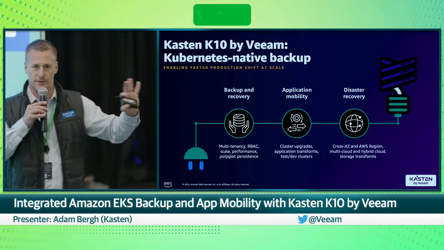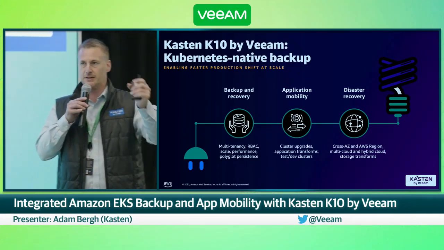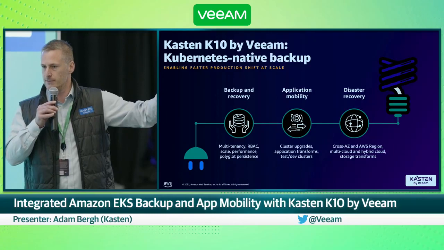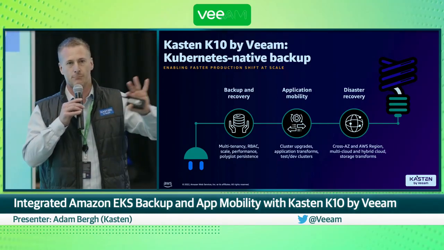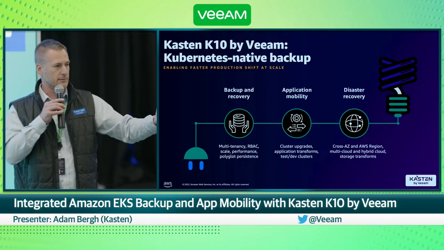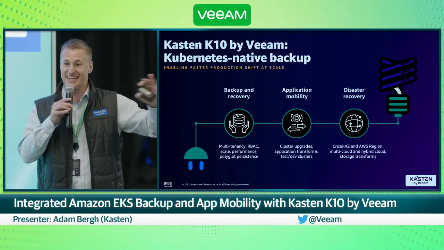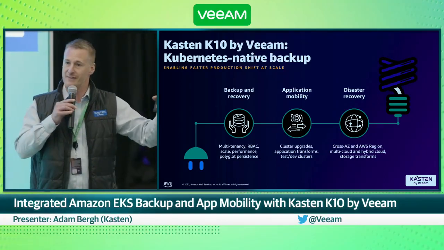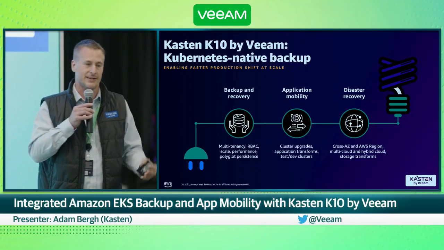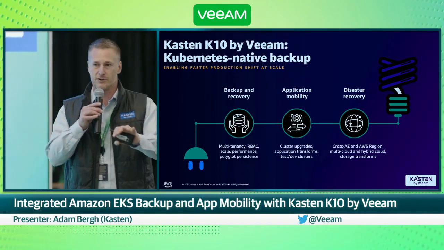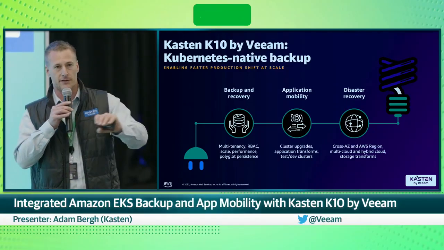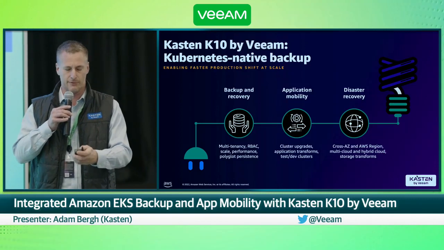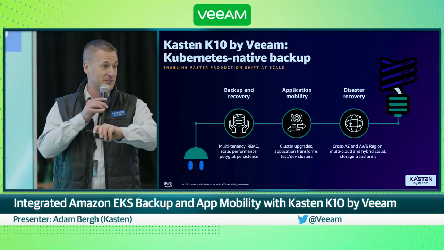But we're also doing other things that really differentiate us in this marketplace. Number one is completely agnostic application mobility. Most people aren't just running a single Kubernetes cluster. We need to be able to seamlessly move our apps from one cluster to another, whether it's an EKS distribution, maybe an EKS Anywhere distribution on-prem, maybe running on bare metal or on vSphere. Maybe I've got dev, test and production. I need to move applications. Kasten is making this really easy for our customers to take an application and move it from one cluster to another, right within a nice UI. We're taking away all that complexity from Kubernetes and making it really nice. We'll show some of that in our demo as part of this presentation today, so stick around for that.